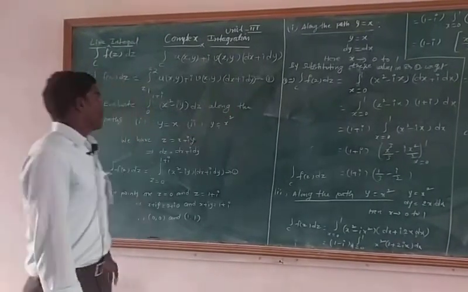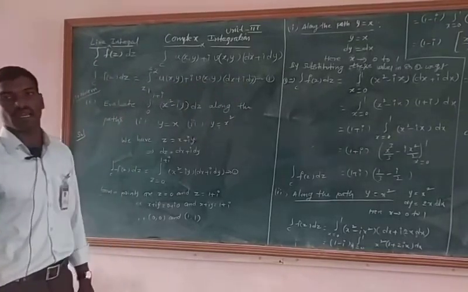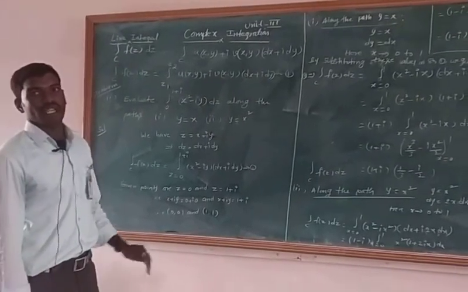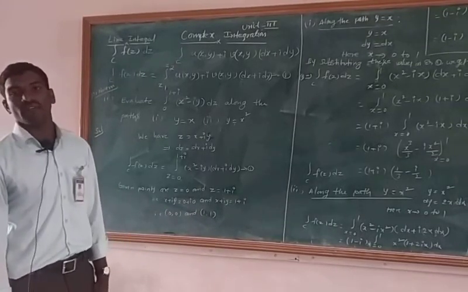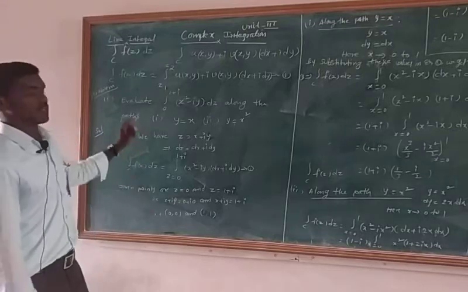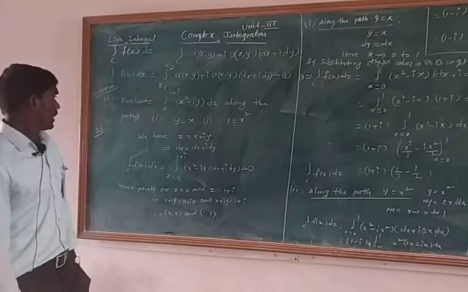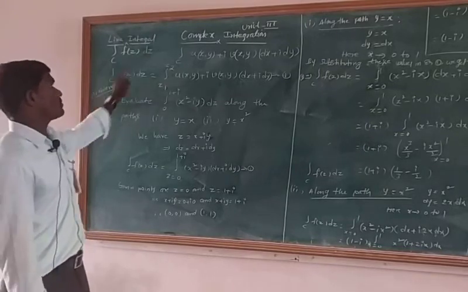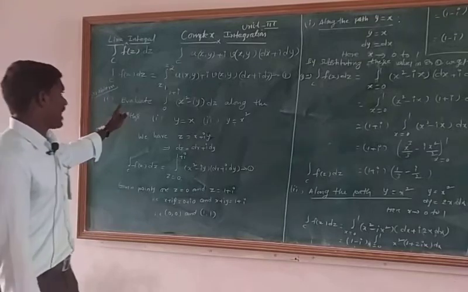From the curve C, the given integral 1 can be converted either in terms of x or y, and then we evaluate the integral. Here C is known as the path of the integration. Next we have to discuss problems of line integral. The first problem is: evaluate